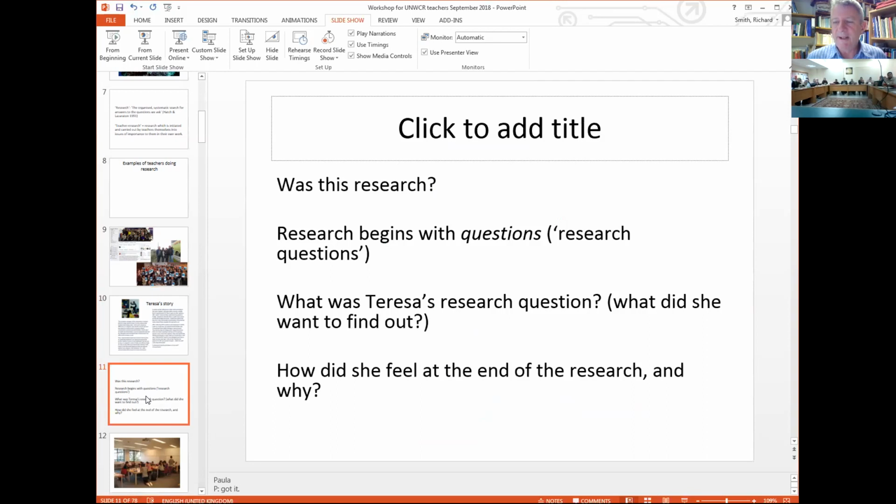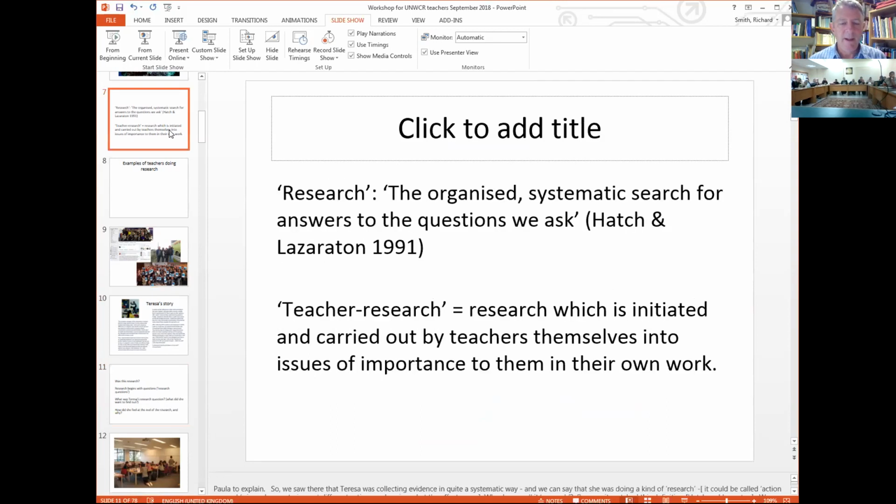Well, we can think again about the definitions we had before about what research is. Remember? The organized systematic search for answers to the questions we ask. Yes, it was research. It was organized. She planned to collect some, what we call data, some information to answer questions. The question was,